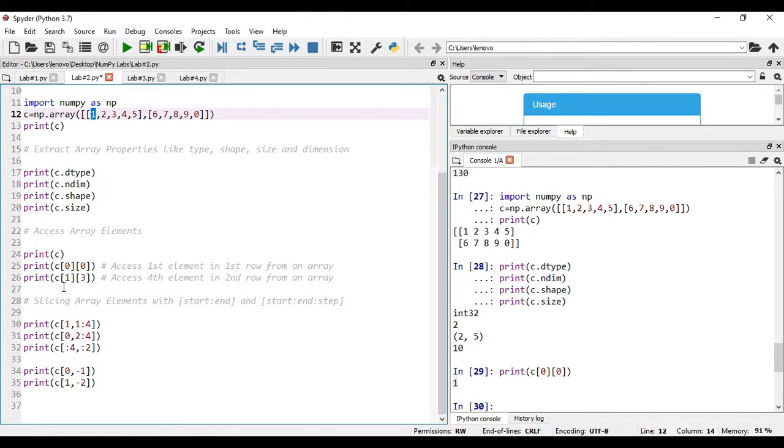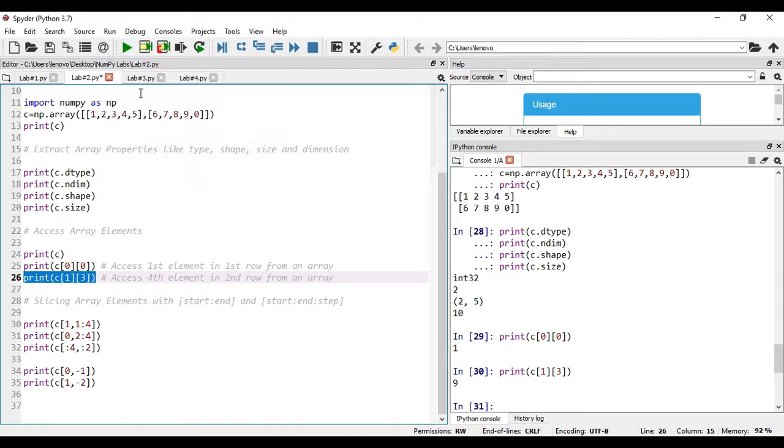Simultaneously, I will use C1 of 3. That means in the second dimension, I am trying to extract the element present at the third index. Okay, the output is 9. Why?